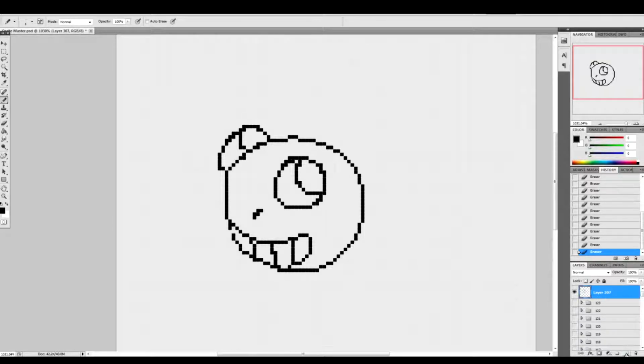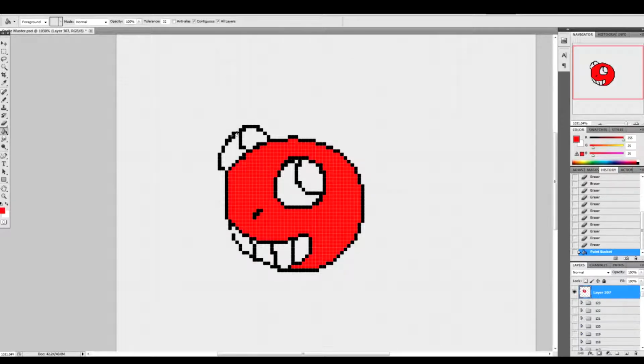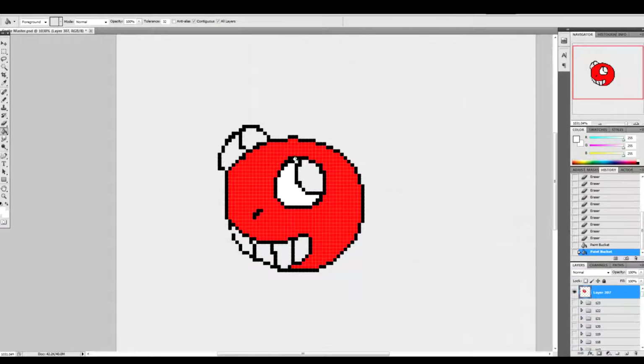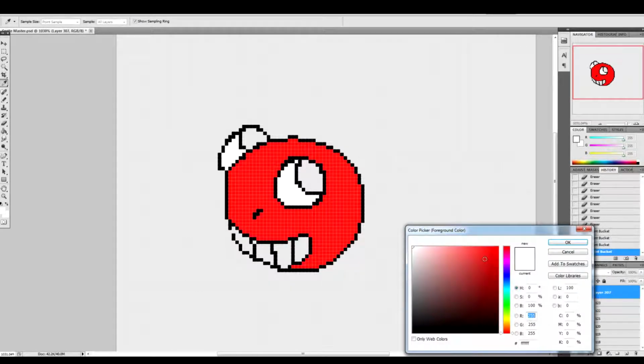Once that's done, I'm just going to work on the same layer here for the sake of explanation. Once that's done, I will take the paint bucket tool and I will go in and start assigning colors to the base sprite. Usually, I'll start at whatever part makes sense. It doesn't necessarily matter. I'll rough in all of the different sections,